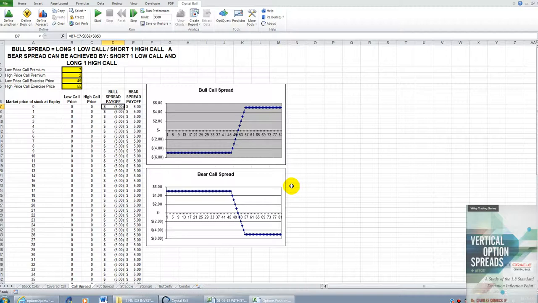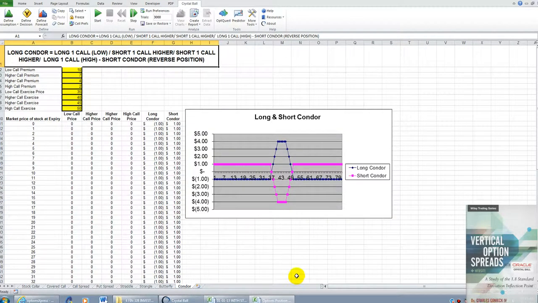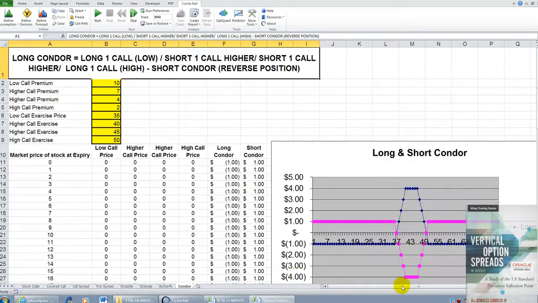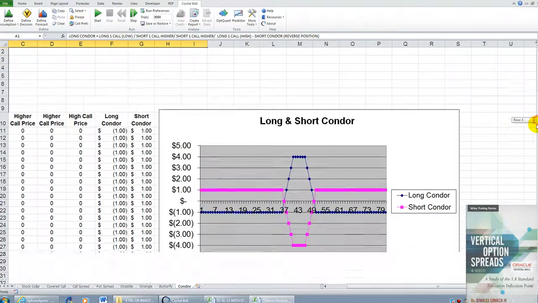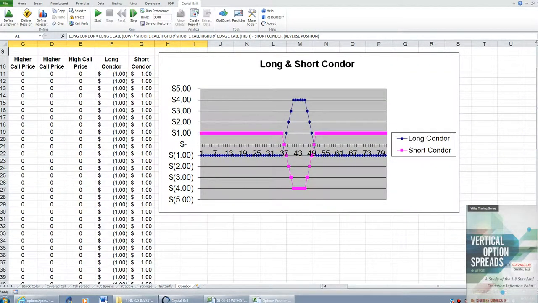All right, now we can use either of these spreads or both of them in combination. When we put them in combination, we're going to get what's called a condor. Let me explain that to you by taking a look at the payoff diagram on a condor. Let me get it centered up here where we can all see it. But if an asset was priced at, say, $43, which is right smack in the center, here's what the